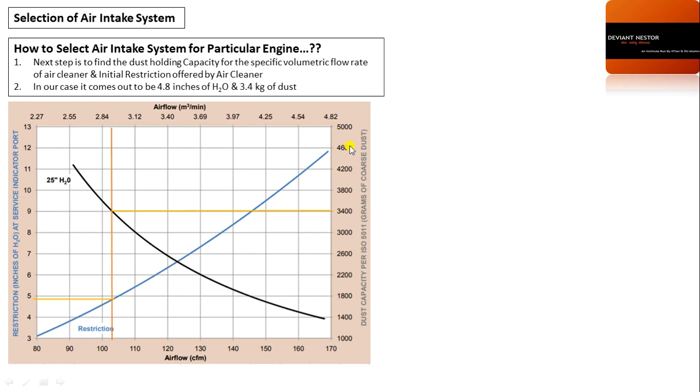When you come to know all these things, there is a restriction and airflow graph which shows that as we increase the airflow, that is CFM, or in upper side it is written as meter cube per minute. When we increase the airflow or volumetric airflow, then there is an increment in restriction, and restriction is given in inches of water, that is, it is given in height h,